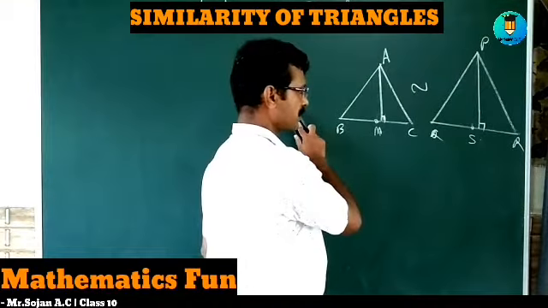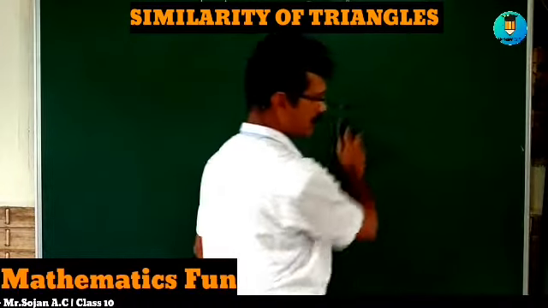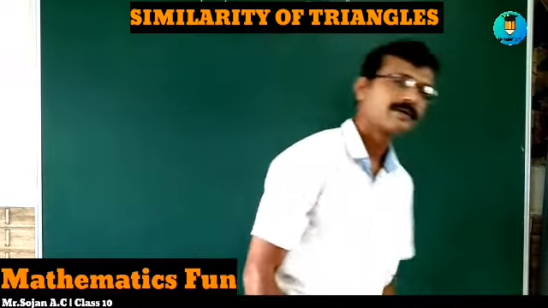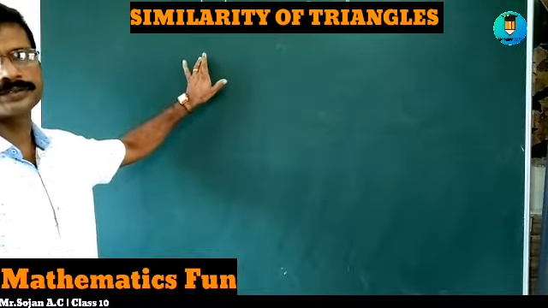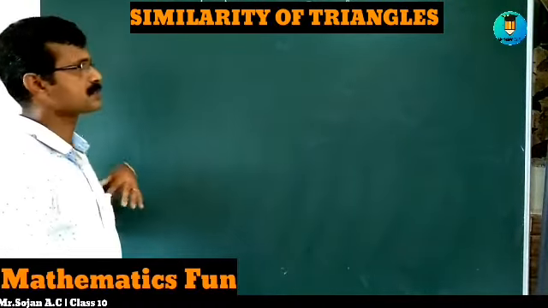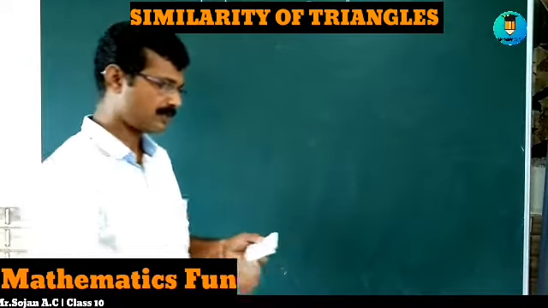That is also a result regarding similarity. If you remember this, it will be easy to do the sums. Or you have to do it the normal way, where a little long calculation will come. So based on this, we can go to the first exercise. Based on this, we will see the first exercise, that is exercise number 13.1.